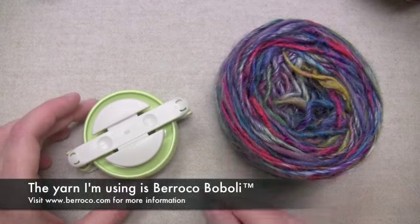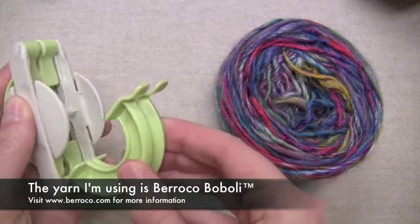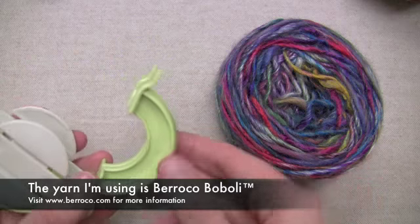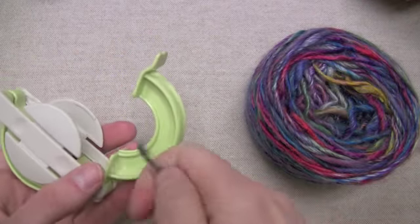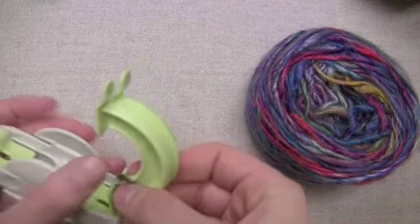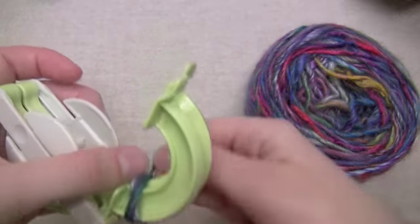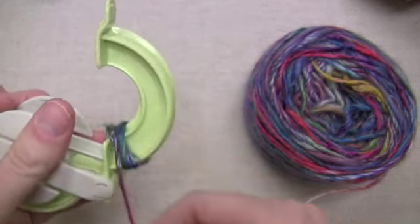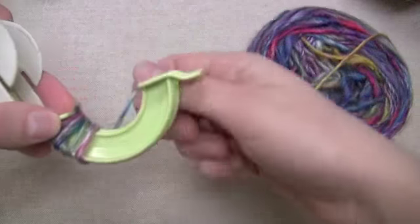Okay, so I'm ready to get started making a new pom-pom, and the first step is to start wrapping yarn around each pair of these arches. So I'm going to get my yarn, kind of hold it down, start wrapping it, and then once it's kind of secured itself, then I don't have to hold on to the end anymore. And what you want to do is just keep wrapping